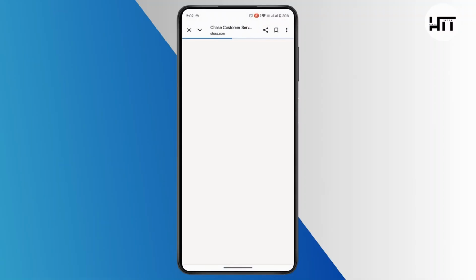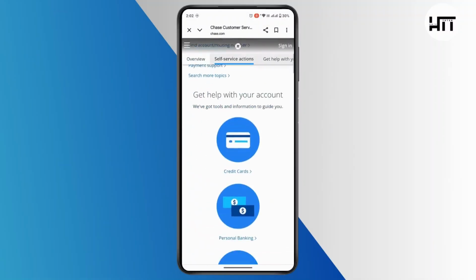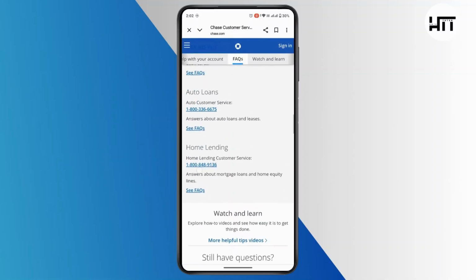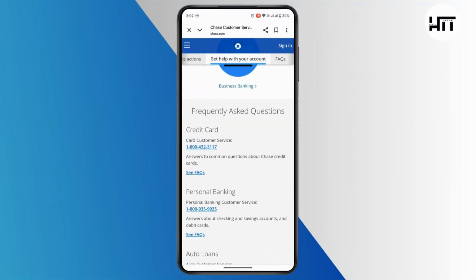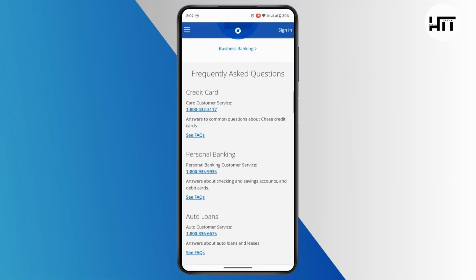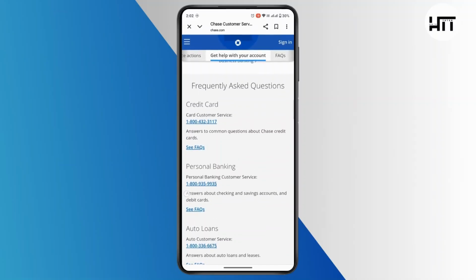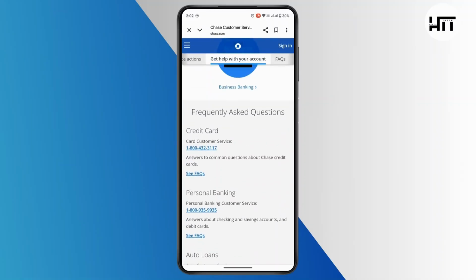If you head over to the link and scroll down a bit, here you may find a number. Here it says credit card, personal banking, auto loans. In order to make a call, you could directly head over to the first number on your interface, that is 1-800-432-3117. Make a call and tell them that you would like to remove authorized users from your